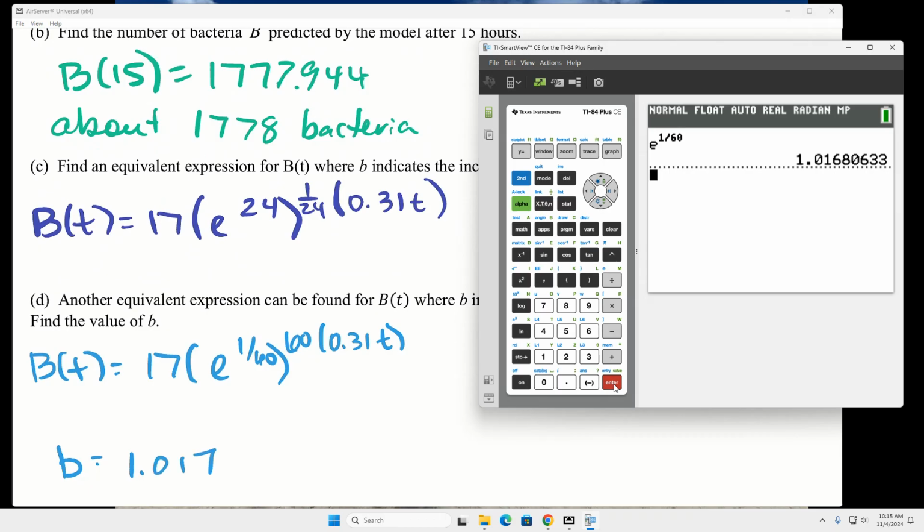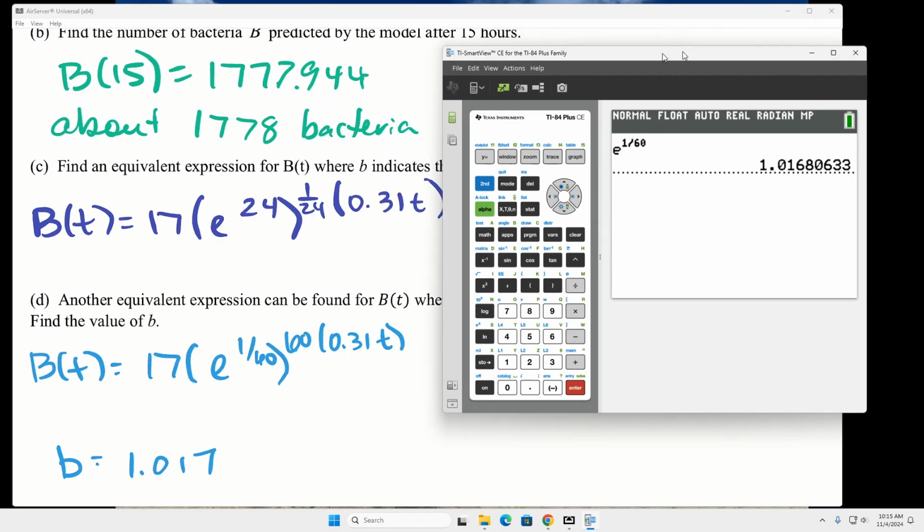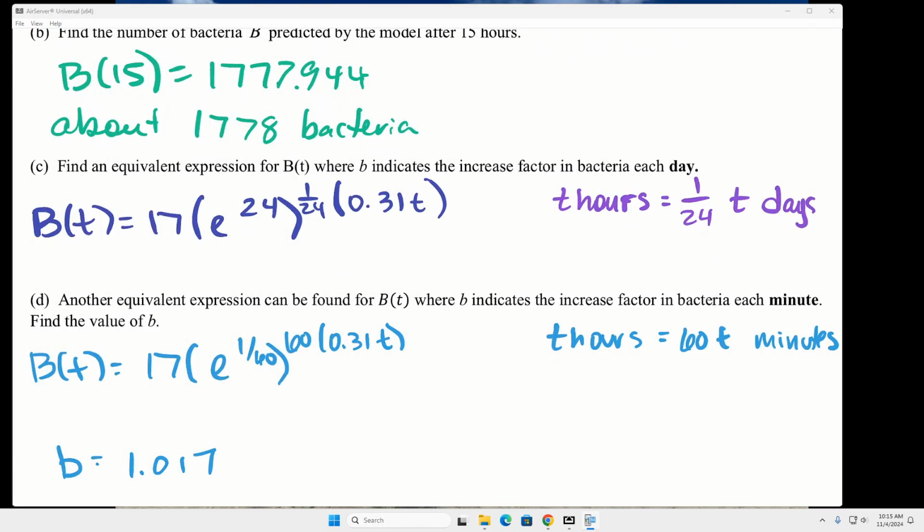So you can do 1.016 or 1.017. All right, what questions do you guys